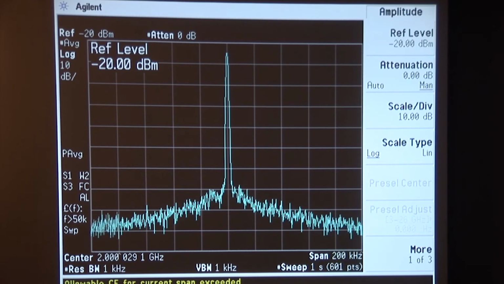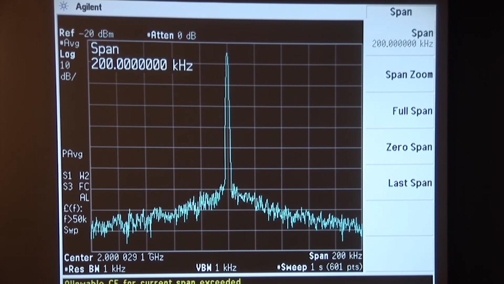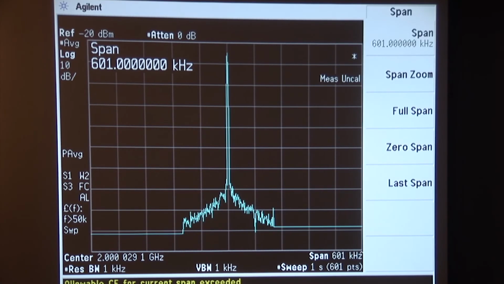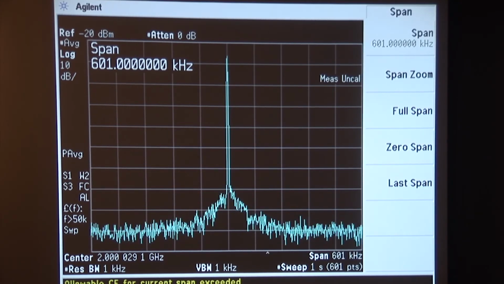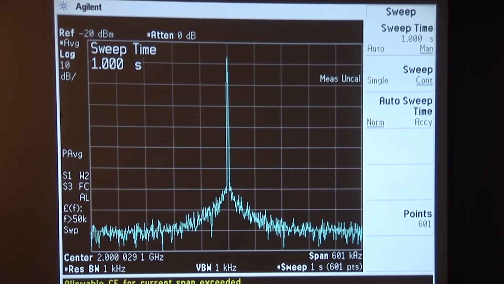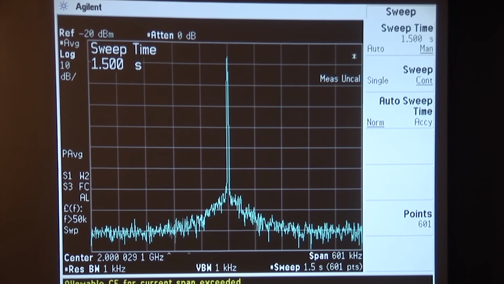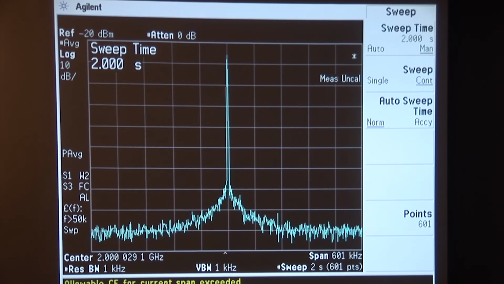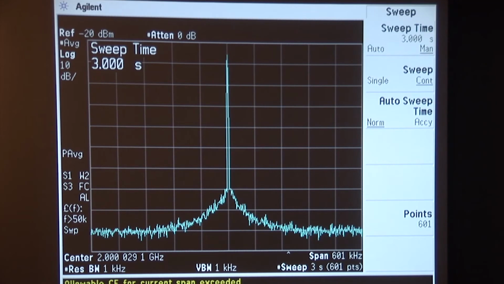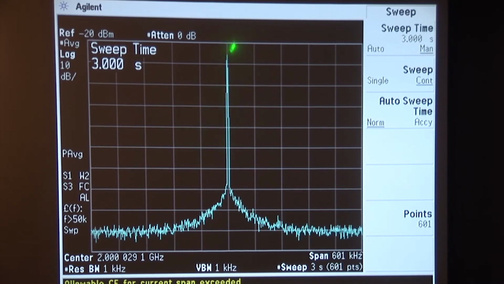In fact, I'll make it 601 kilohertz just for good measure. So go span 601 kilohertz. Now, it says mes un cal. That's because, again, we have to slow down the sweep rate in order to not move the filter faster than about 2.5 times 1 over the bandwidth. There. So, at this point, we're spanning 600 kilohertz with 600 points with a filter bandwidth which is itself 1